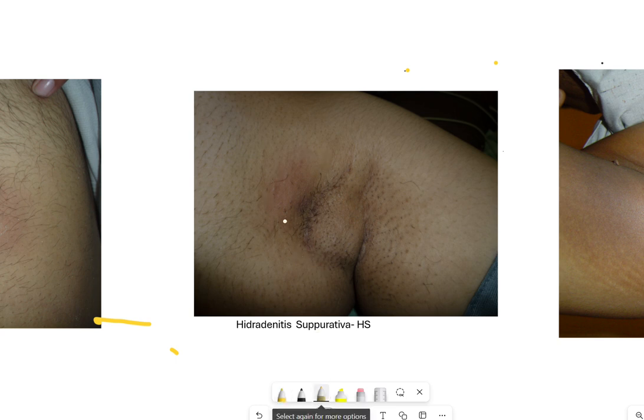Inflamed redness over here. There are lots of hairs, and there is some edema over here. This is stage 1 of HS, earlier stage of HS. You don't see any sinuses, any abscesses, just redness. And as it progresses,